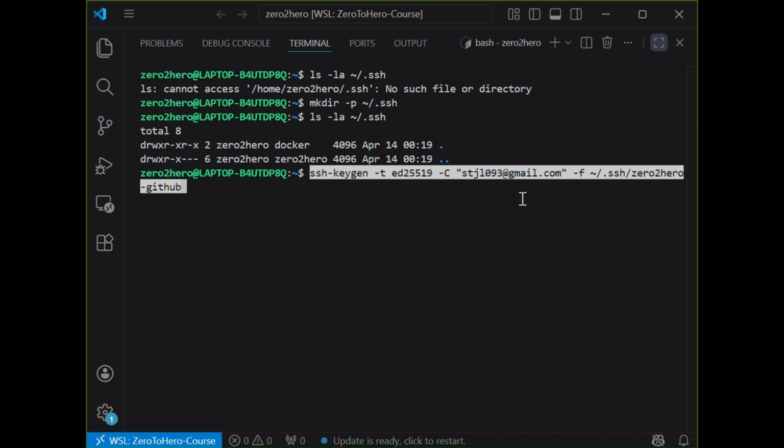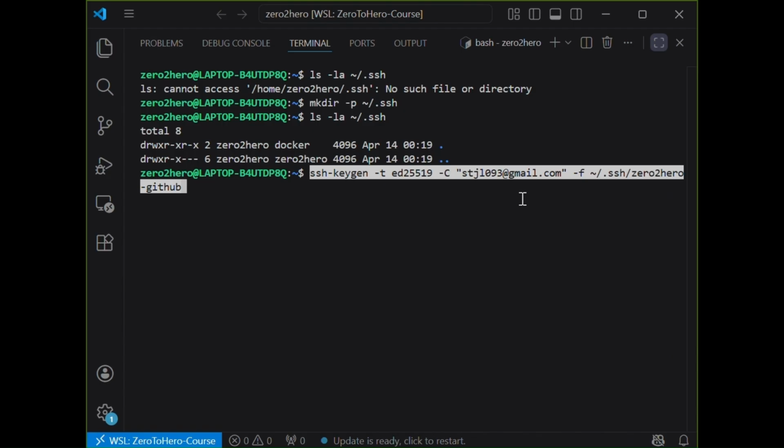Type this command. Let me break this down. -t ed25519 specifies the encryption type. This is modern and secure. Capital C and email address. You can add your own.